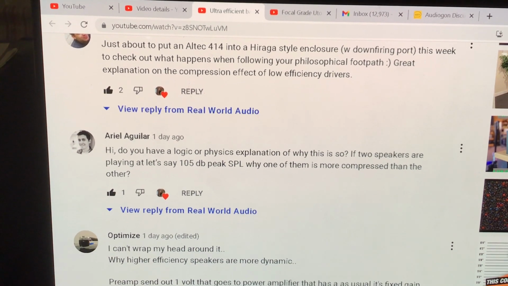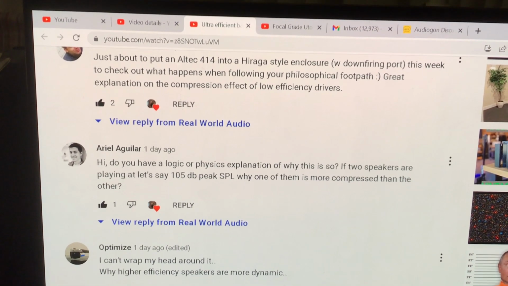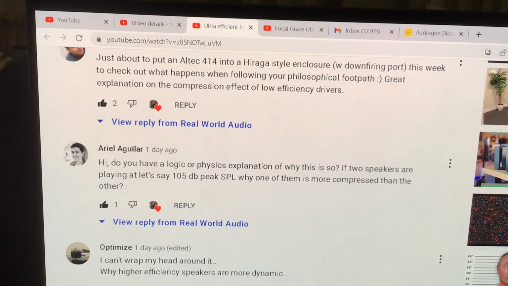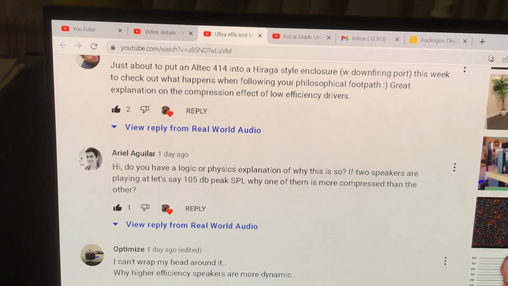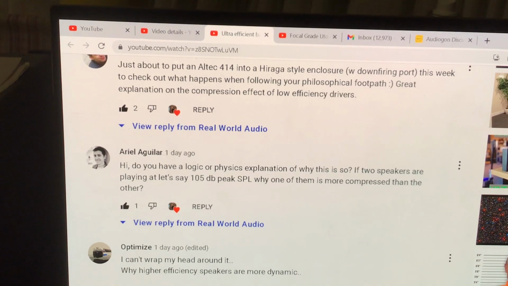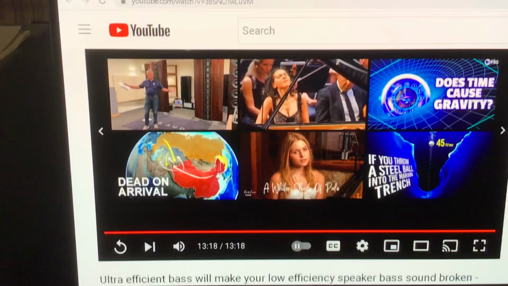So Ariel has asked a really excellent question. Do you have a logic or physics explanation why this is so? If two speakers are playing at, let's say, 105 dB peak SPL, why is one of them more compressed than the other? And this was about the